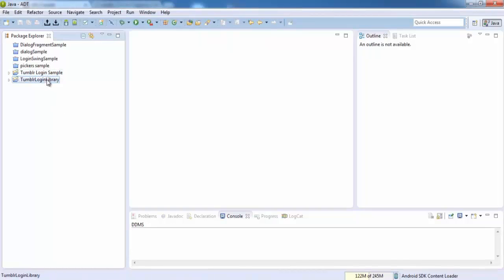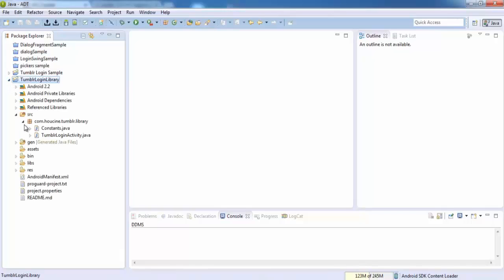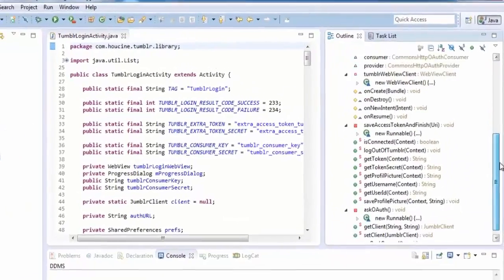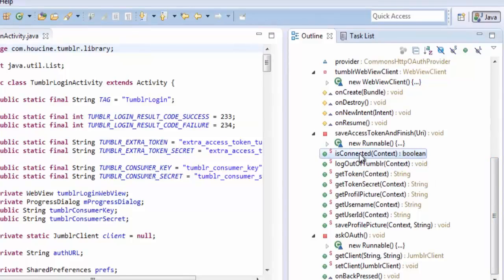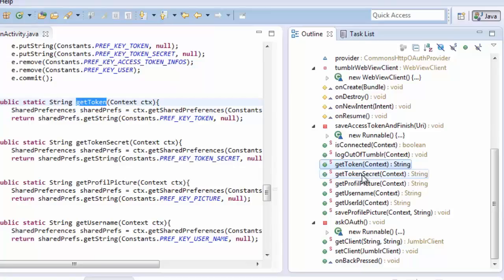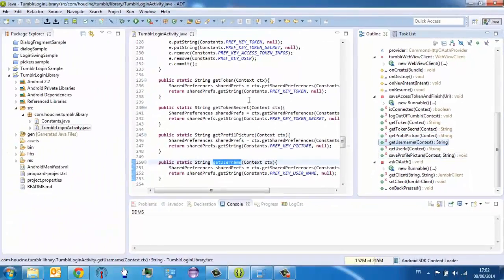The second step is, or first of all, let's take a quick look at our library here. Open the project, go to Tumblr login activity here. As you can see on the outline, a lot of methods like is connected, which will check if the user is already logged in Tumblr or not. We have here logout from Tumblr, which will disconnect the user from Tumblr, get token secret, get profile picture, get username, and so on. So let's go back